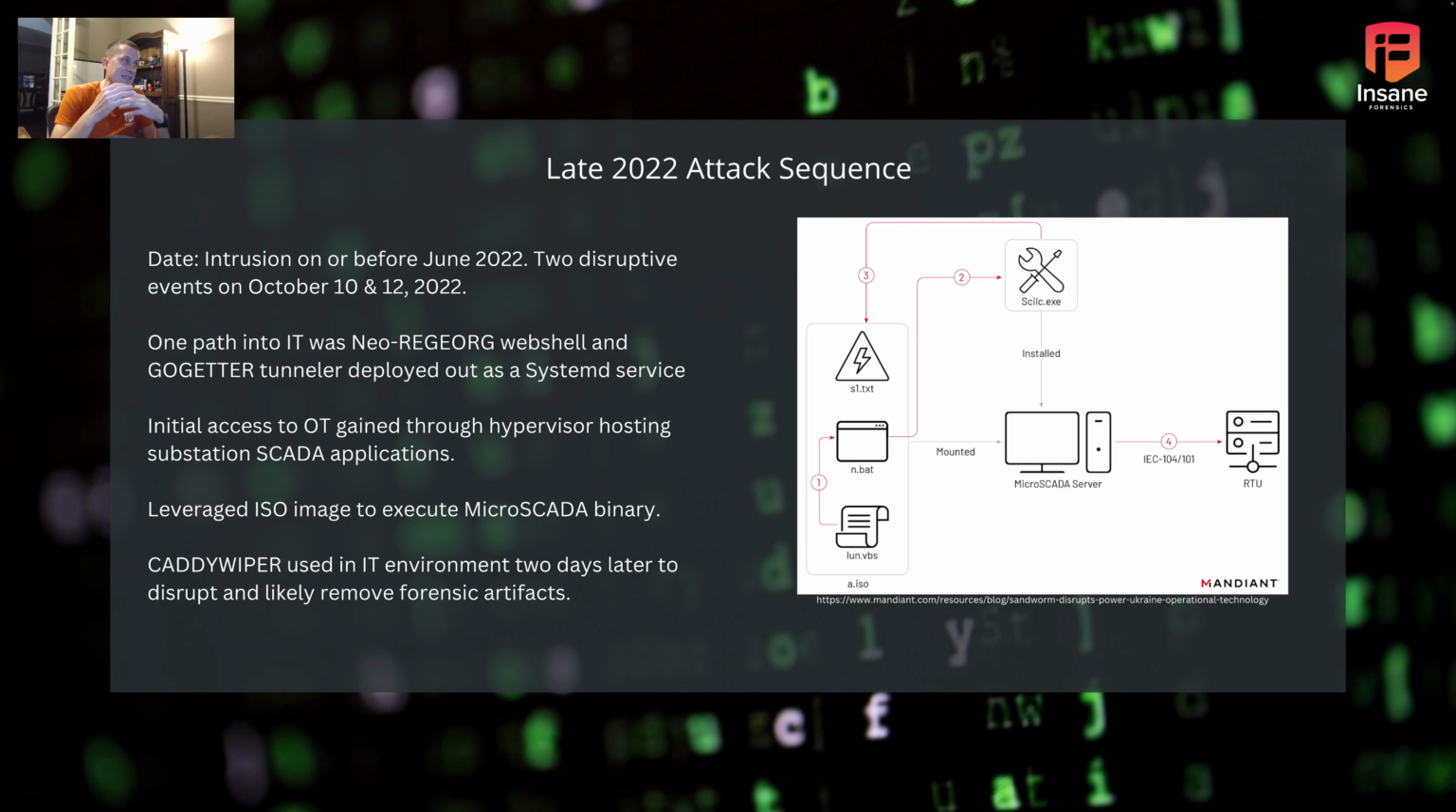Once OT access was gained, they used an ISO image to actually execute the industrial application in here. So you see an image on the right, you see that a.iso. They mounted an ISO file. That ISO file had a little Visual Basic script, it had a batch script, and then it had basically a set of commands. This was, that we'll see in a minute, this was the actual commands that got fed into